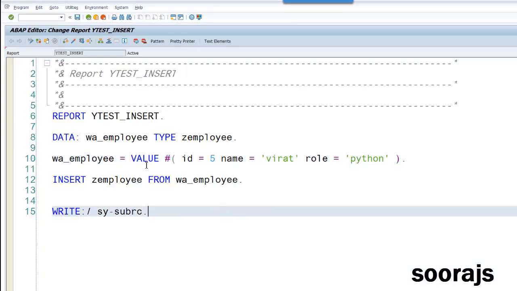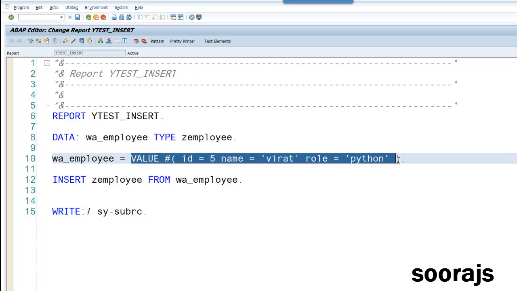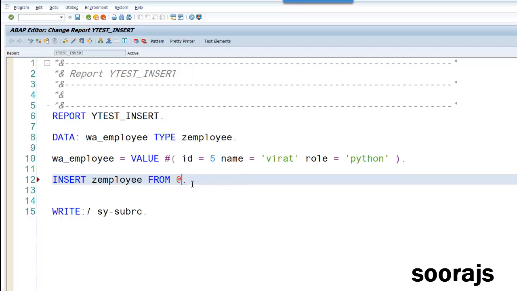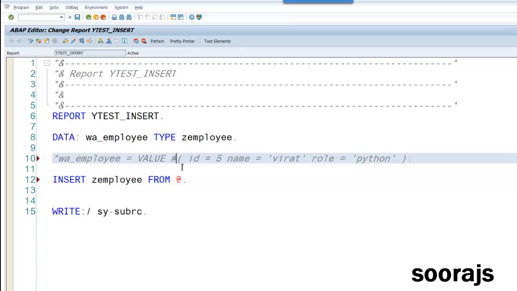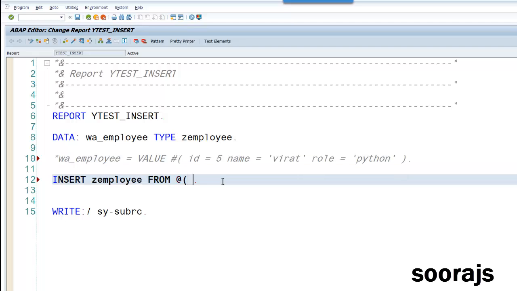Even in this case you can make use of the host expression. How? Instead of this, I'll comment this first and then provide the brackets. Inside this bracket, I'll provide the host expression, and now I'll provide the ID as 6, the name as Taurus maybe, and the role as C++ or something like that.